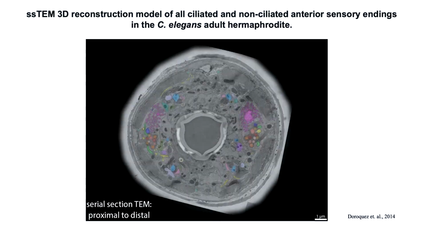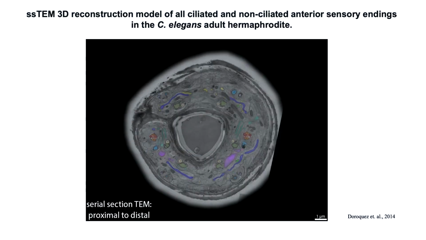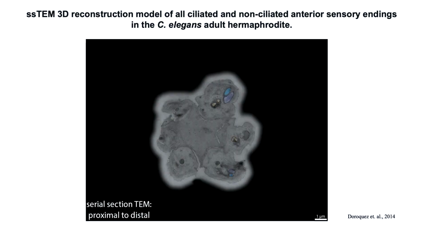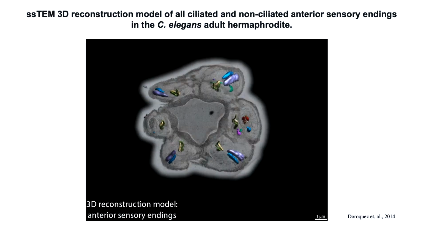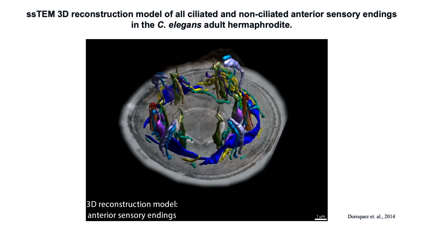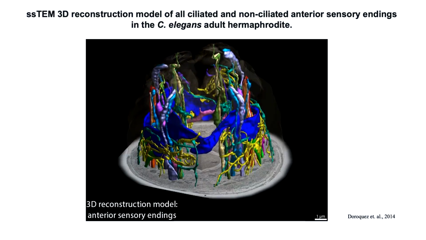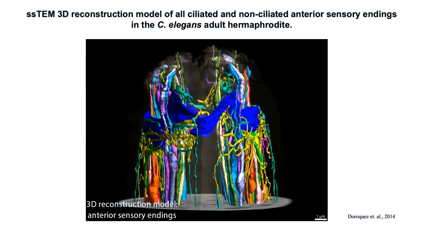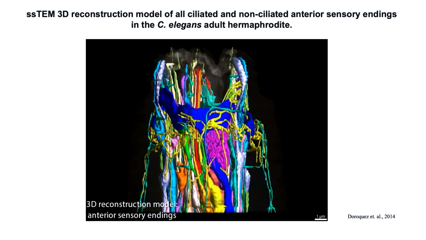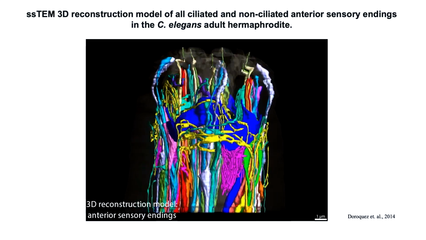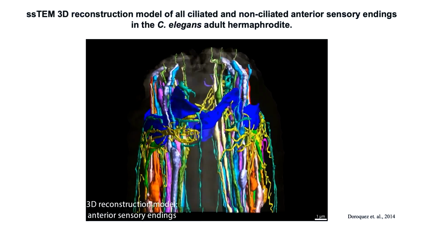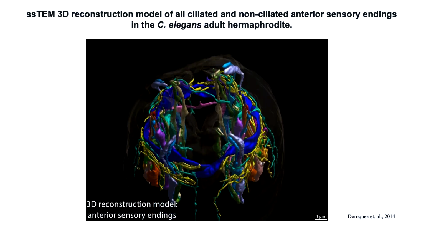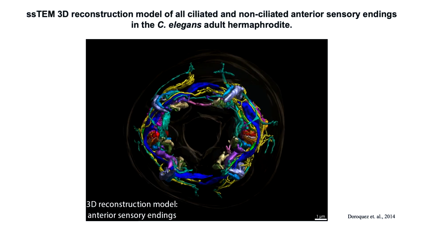Just look at this movie. This is the nose of the C. elegans, and here you have the sensory cilia, and this is the reconstruction based on this EM connectome. This is the structure of the sensory cilia that are present in the C. elegans nose. The outer silhouette is the body, and you can see that all these sensory cilia are intertwined with each other, and these precise structures are required for sensing the external environment. And if I can replay this movie,